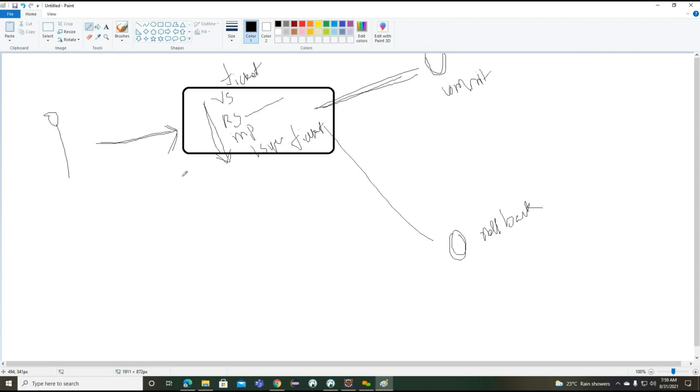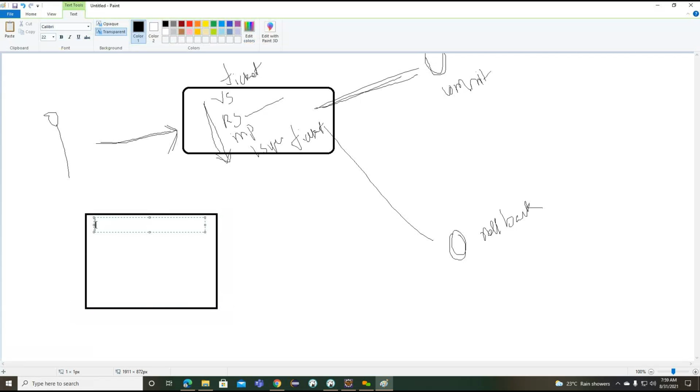Now we need to understand: we identified the real time scenario, but how can we implement this transaction? To implement this transaction, what are the steps we need to follow? Internally the transaction is going to work on 4 components. What are the 4 components? First one, ACID. Basically, these are the 4 components. Based on these 4 components, the transaction is going to work in our Spring framework.